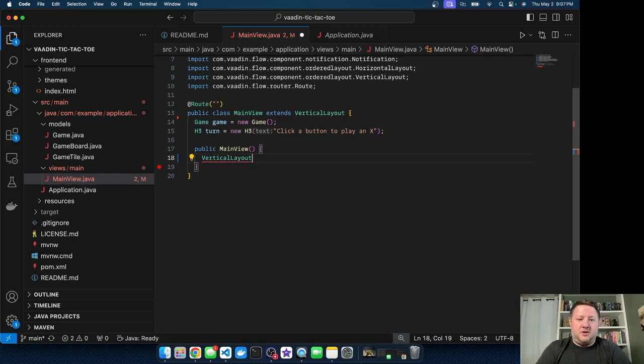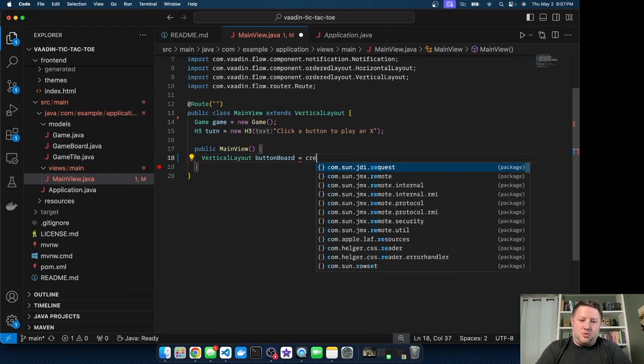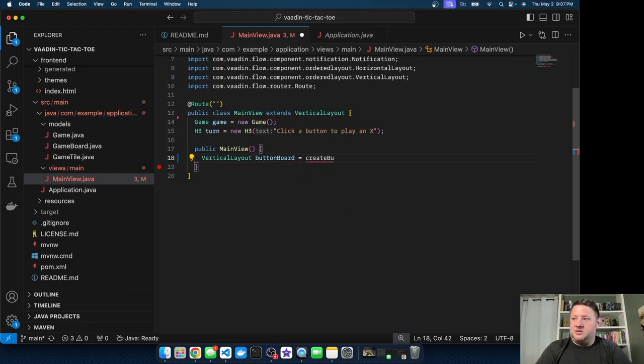And I'm going to call it button board. So the button board is going to call a method that I'm going to create in this class just to kind of help organize the code a little bit. I didn't want to have too much mess in the constructor directly. It's probably not worth doing that in the long run. I don't know. Like people get into holy wars and things about how they organize their code. I chose to do it this way just to keep things a little more succinct as I go through this